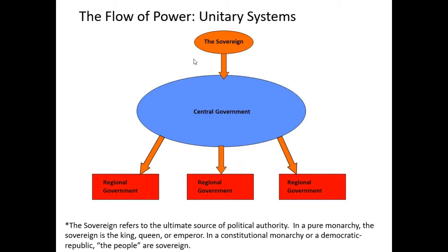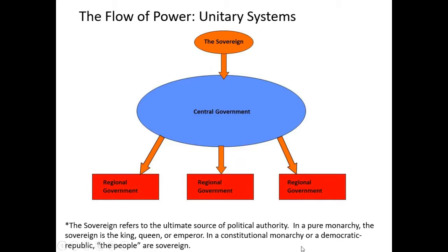Did I get that right? You understand what I'm saying, right? This distinction between federal and unitary really doesn't tell us much about the nature of power in terms of how democratic it is or the lack of democracy. Okay. For example, North Korea is an autocratic system, right? It's a unitary system. Great Britain is a unitary system. It's a democracy. They're both unitary systems, but one's a democracy and the other's an autocracy. Right?